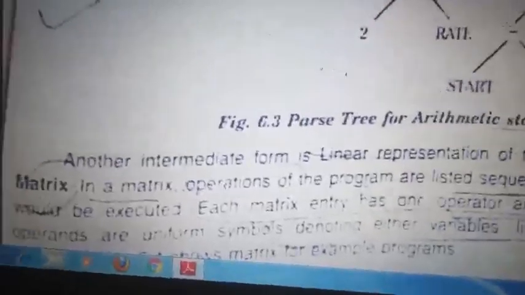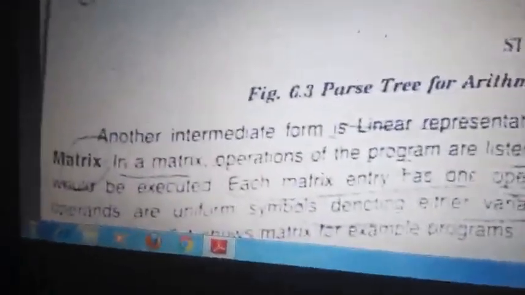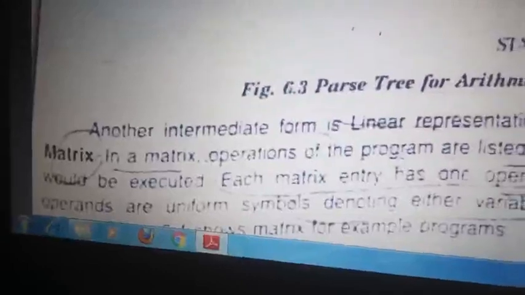So the non-arithmetic statement is another type of intermediate form, where the representation is not like a parse tree, but it is a linear representation. Linear means one after the other, in terms of a matrix. So what is matrix? 2 marks question.